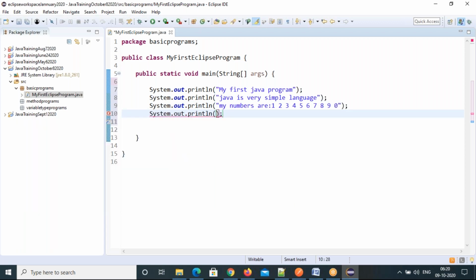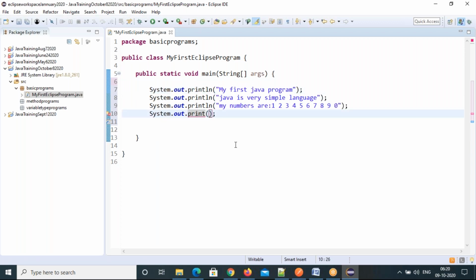Please write all these statements. So I want to show you one more. There are a lot of methods. If you see out dot, you can see println takes a lot of overloading. So it basically has different forms. This is the string format. So you can take it. There is a print method also.